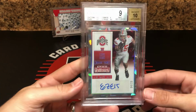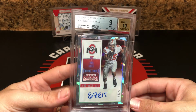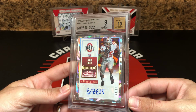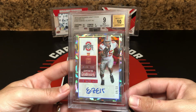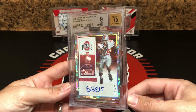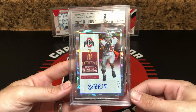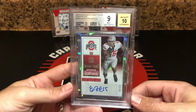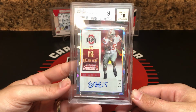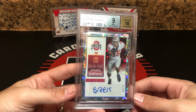And then number 6, again, legend at Ohio State. Probably the main reason they ended up winning a national title, but Collegiate Cracked Ice Zeke rookie auto at a 23. I'm sure I paid way too much for this, but these were hard to find. And Cracked Ice, like I said all along, I'm going to continue to say it is my favorite set in cards. I just think they are so well done, especially in the Buckeye uniform. It's not the Scarlet version, which I would love to own one day, but